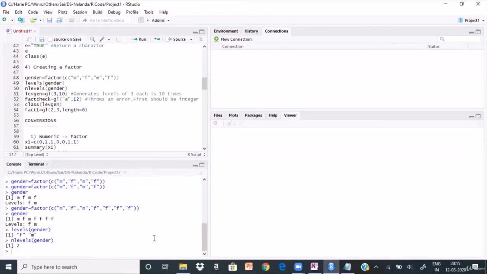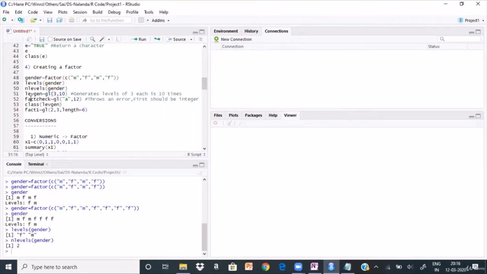Sometimes you have to generate the levels. You have the data and you are trying to classify it into some levels. This we will talk about when we do classification in data modeling, where we segregate the data into different levels based on certain criteria. So how do I do that? There is a command called generate levels, which you call GL. Generate levels basically tells you what levels we want to generate. So let me run this.